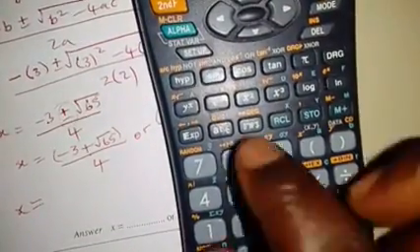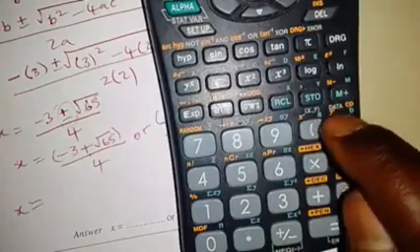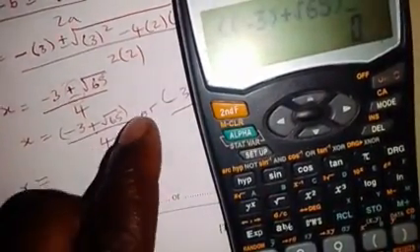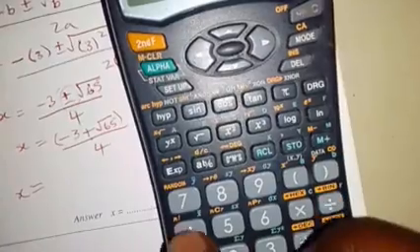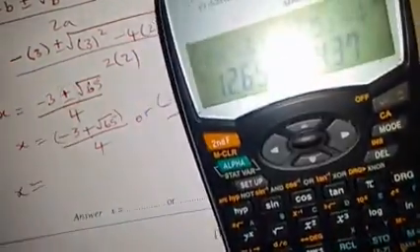Then plus square root like this. Then you put 65, close bracket. So this is the first thing to do. Make sure minus 3 and root 65 are inside the bracket. Then you divide by 4 like this, equals, you get